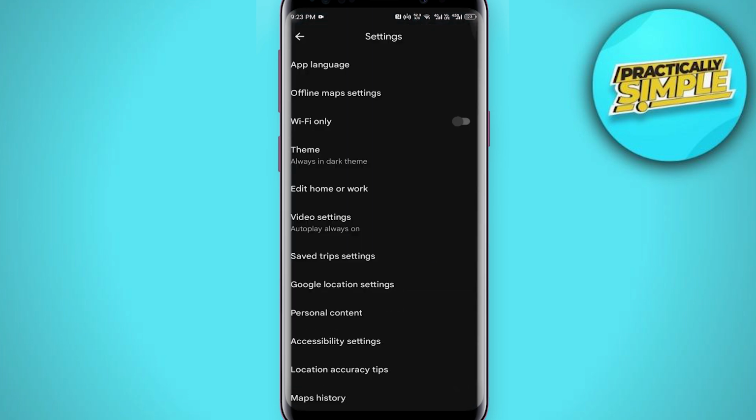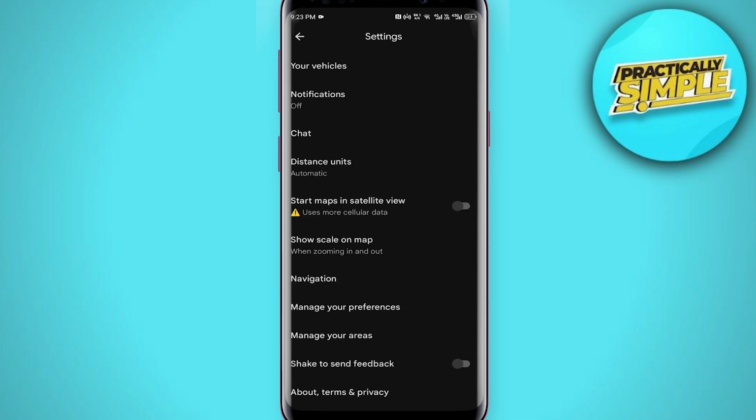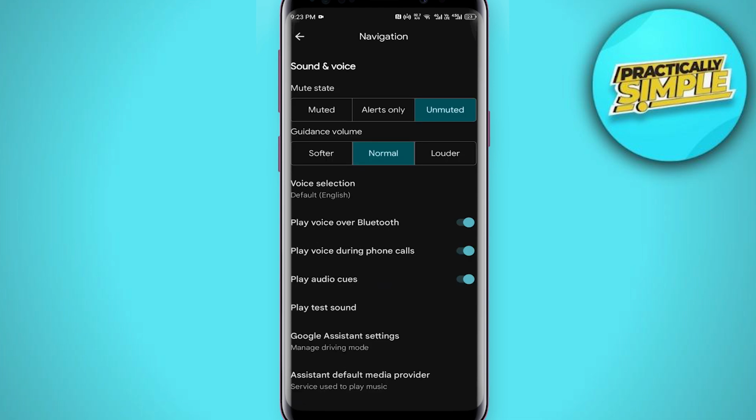Now in settings, what you have to do is tap on this navigations here. And as you can see, this guidance volume is in the mute state. Now you can also change this guidance volume to louder, and then as you can see, this voice selection here,